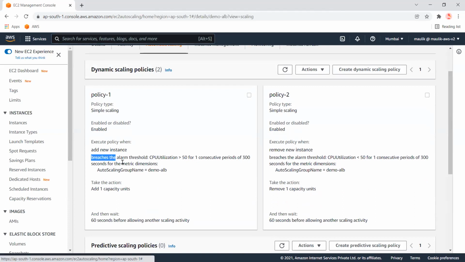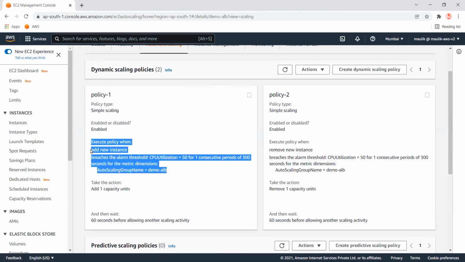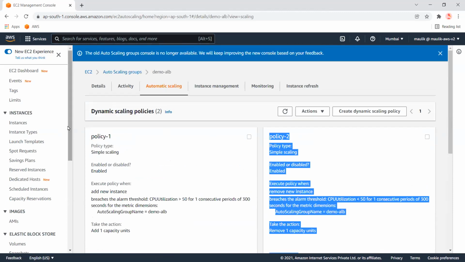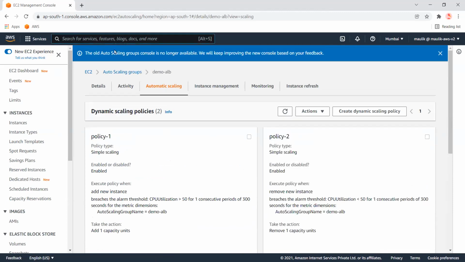See, you can see that alert. Okay, this alert has been set over here. So we have now two policies which are attached into this scaling group. Okay, and now if we will go to the CloudWatch,